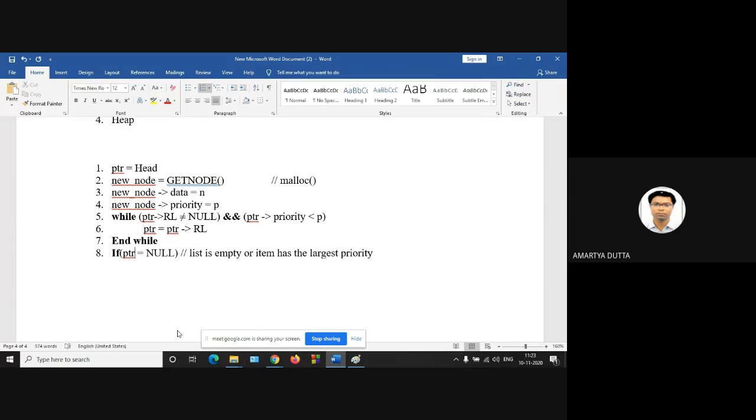Then what should we do? Then PTR equals this new node. Only PTR is equal to new node. Head equals new node. Your list is empty, so PTR's RL is equal to new node,